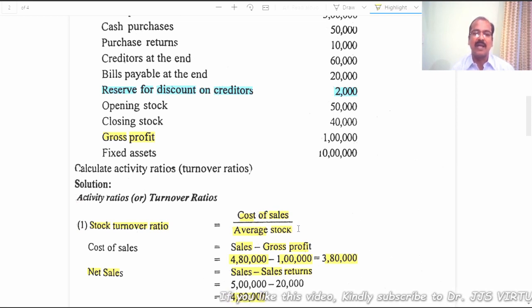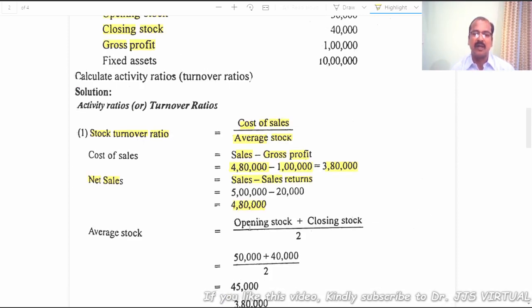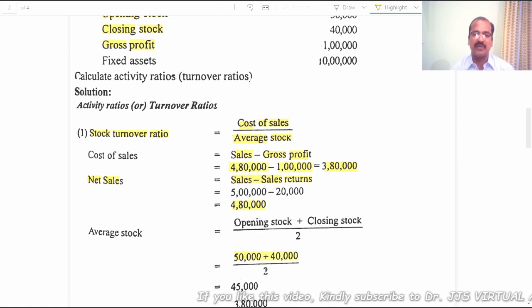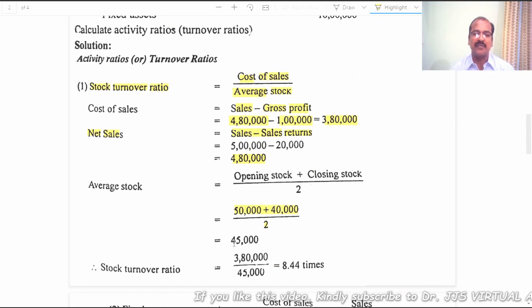Now let us calculate average stock. What is the formula for calculating average stock? Opening stock plus closing stock divided by 2. See, this is the formula. 50,000 rupees opening stock plus closing stock 40,000 rupees divided by 2, it gives us 45,000 rupees of average stock. Let us apply them in the formula. Stock turnover ratio is equal to cost of goods sold 3,80,000 divided by average stock 45,000 is equal to 8.44